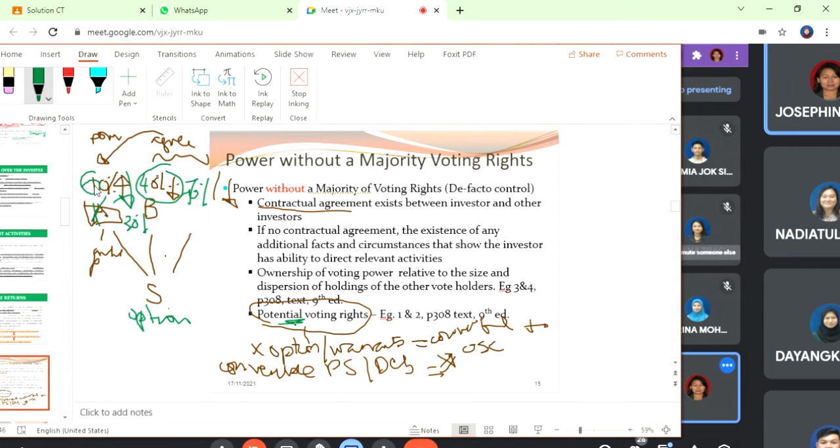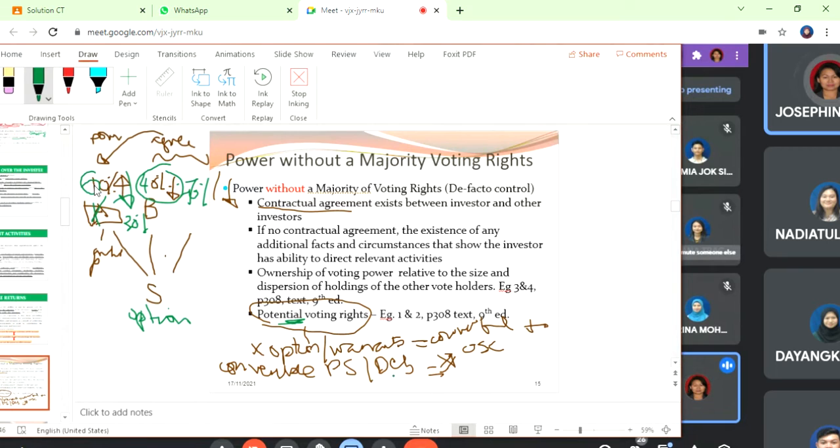And the same thing goes with example 2. Investors S and X each hold one-third of the voting rights of investee XE. Investor S holds a debt instrument that can be converted into ordinary shares. So investors S and XE's businesses are closely related. If that is converted, S will hold 65%. So S will benefit from the assets and bear the negative effects of the business. So we can conclude that S has control over XE by virtue of the shares held and the potential voting